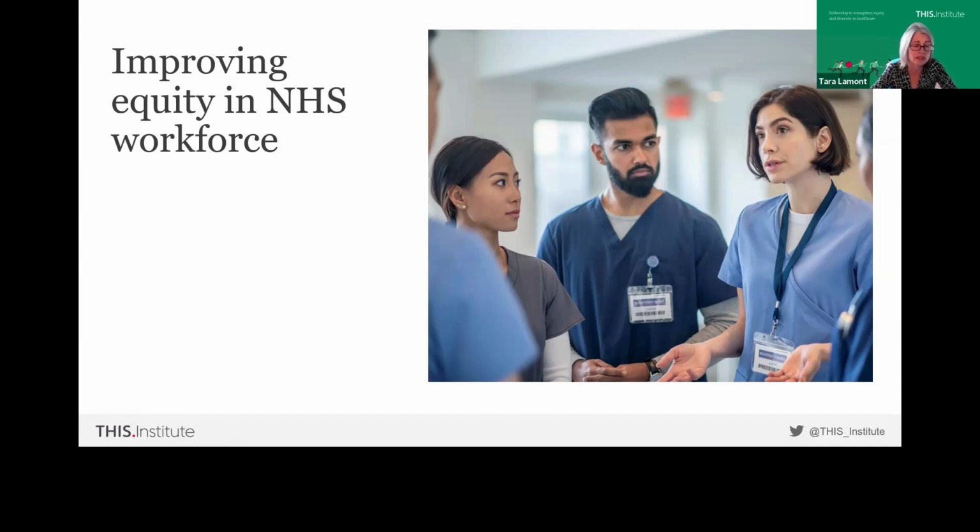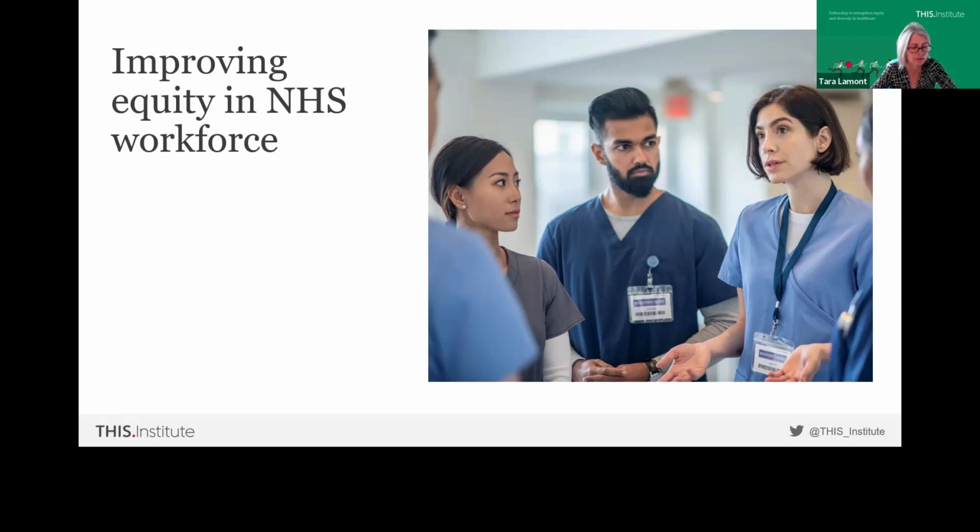We see, for instance, that disabled staff are twice as likely to be referred for formal performance reviews. So we really want to invest in more research to find out what can be done to counter some of these high levels of discrimination, microaggressions and so on in organisations, from staff and from patients. And what can NHS organisations learn from each other about those that are doing well in terms of progressing equality standards? We want to draw on a rich seam of health services research to understand better questions of organisational